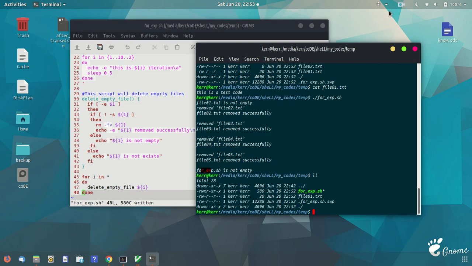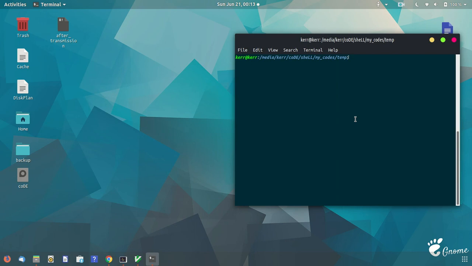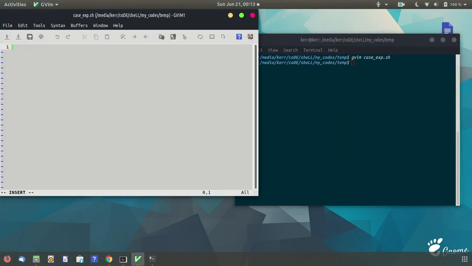That's it. Okay, let's make an example with the case statement. So let's write a small script with the case statement. In this example I will show you the functionality of case.